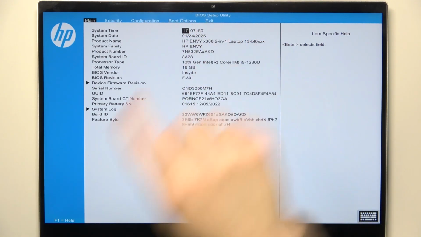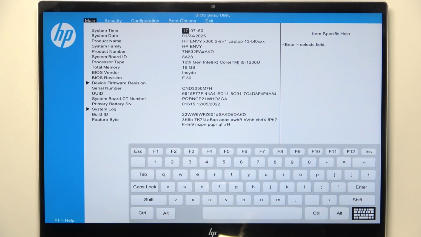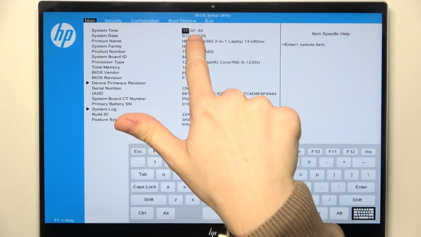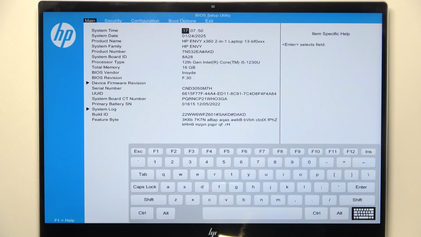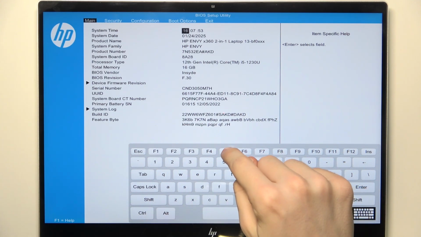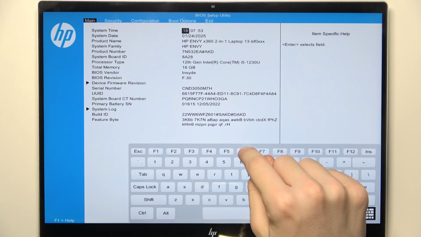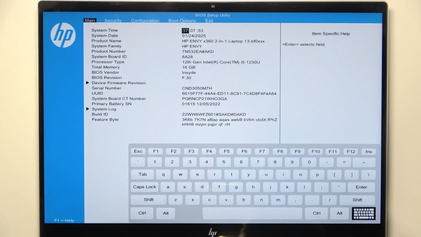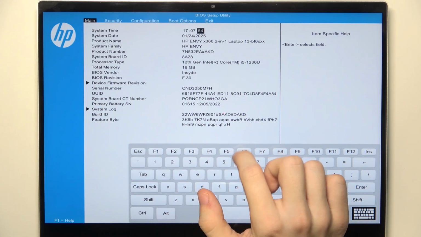I'm gonna click on system time, then I'm gonna open the keyboard, and to move between hour, minutes and seconds, you need to click on enter, just like that. So I'm gonna select, then to change the hours, click on F6 to move down or F5 to move up, just like that. Then I'm gonna click on enter, change the minutes as well. Enter, change the seconds as well,